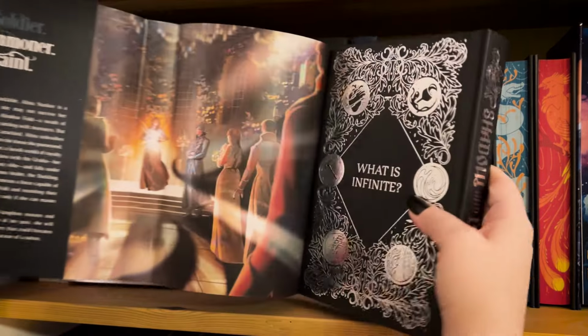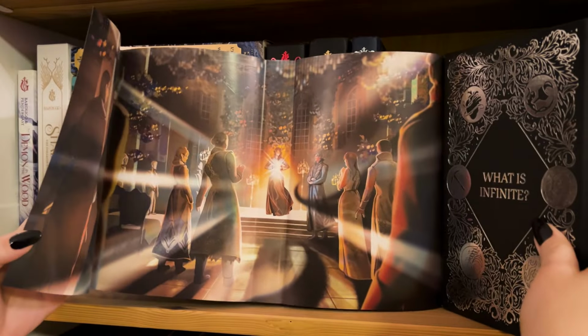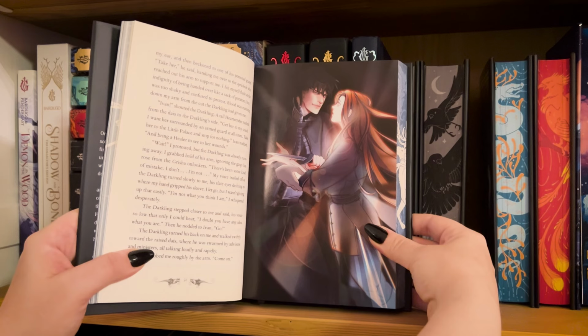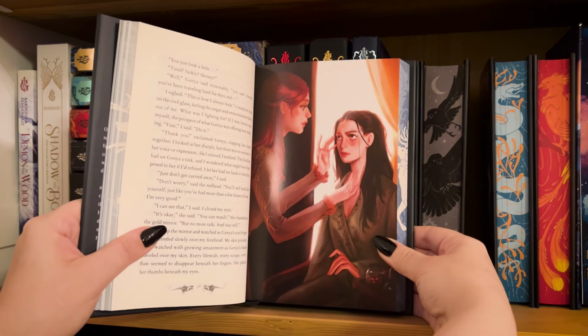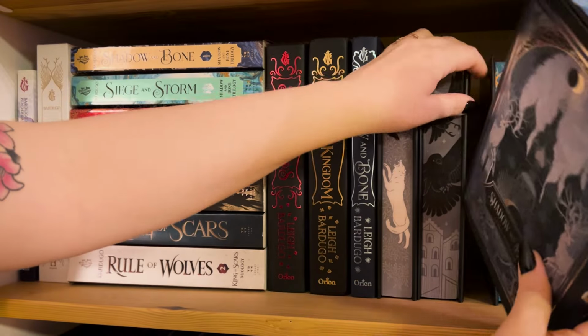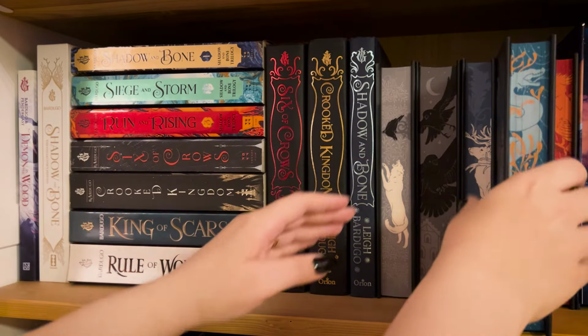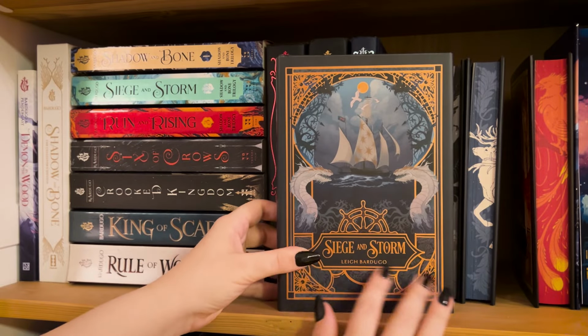And a quote on the back. And we have Alina in a whole illustrated scene on the reverse side of the dust jacket. And these also have bound in page overlays. So next is Siege and Storm, and this one looks really cool on the redesigned cover, and it has the